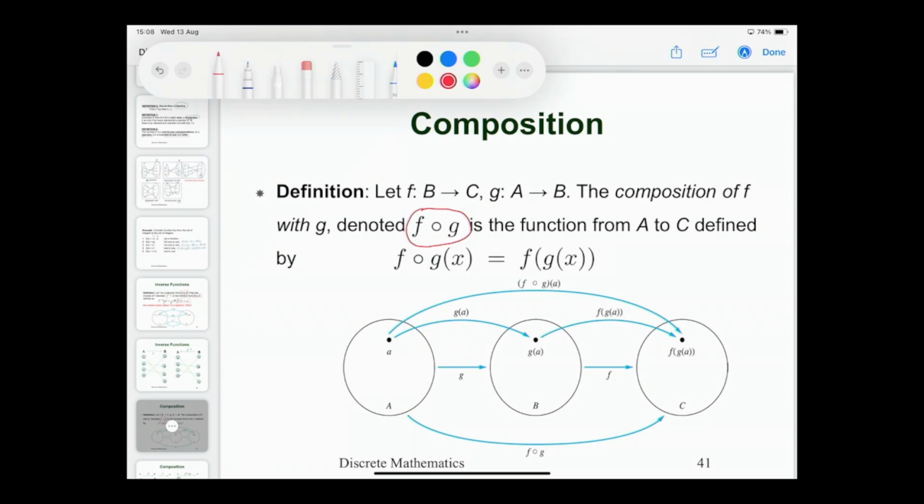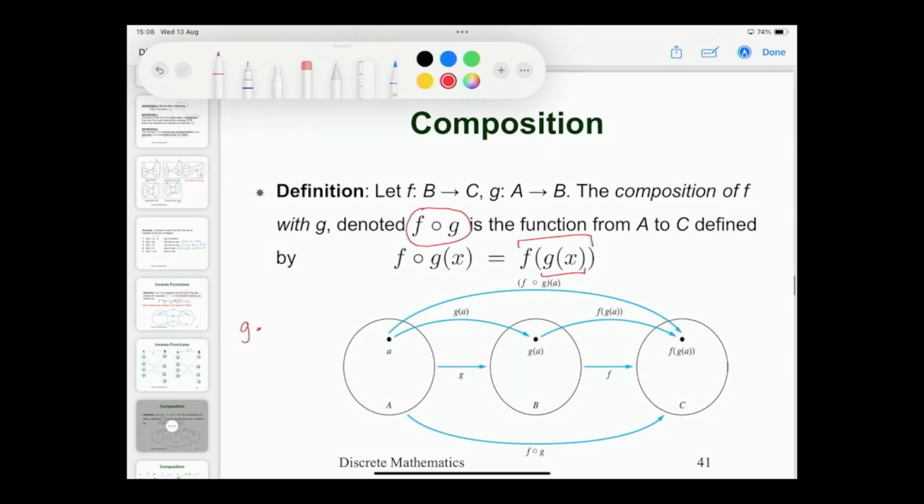And after that we have function f, mapping. So we have to do this one first, right? The g(x) function, and then f would be applied after that. So that's about f∘g. But if we have g∘f,